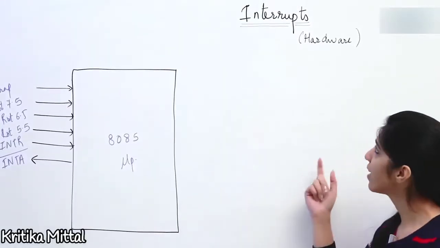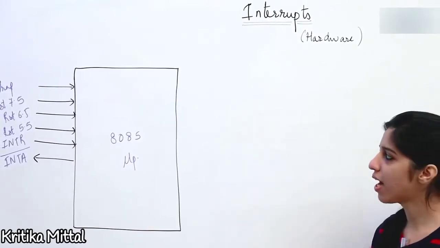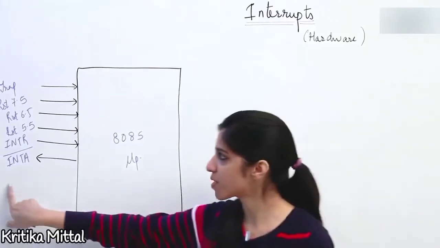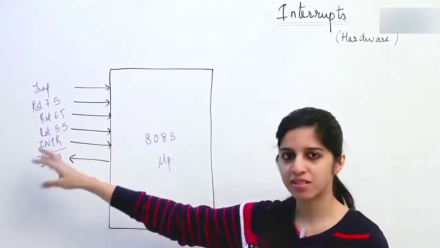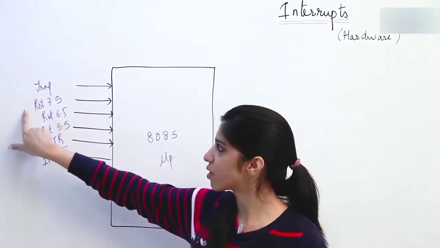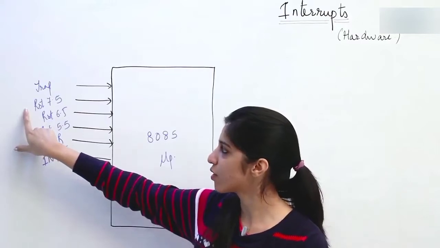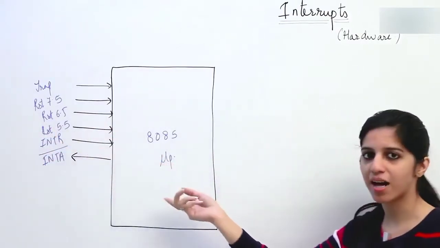So today we are going to look at interrupts of the 8085 microprocessor. There are several hardware interrupts, that is, these interrupts are going to have pins. There are going to be 5 external pins of the microprocessor. If you connect these pins to VCC, that is, if you give them signal 1, then these pins are going to be active and you are going to raise a hardware interrupt.